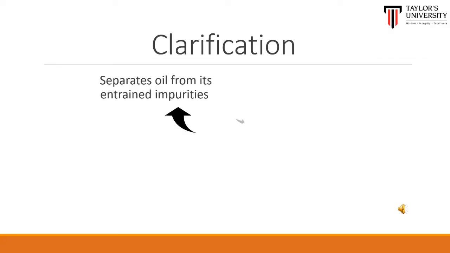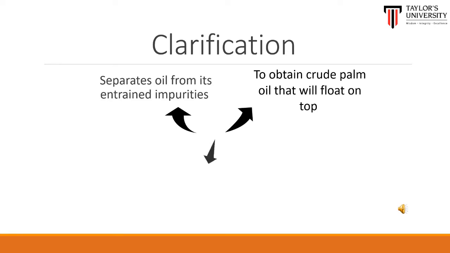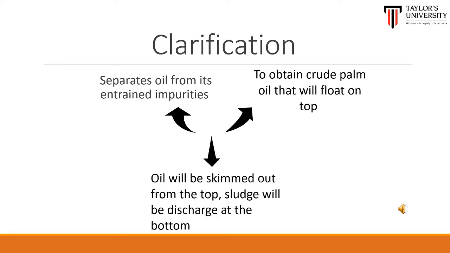Clarification is a process of reheating, stirring, and acetylene treatment. It helps to separate oils from its entrained impurities. Crude oil will first be transferred into the tank and allowed to stand undisturbed. Over a period of time, due to gravitational force, heavier impurities will settle down and crude oil will be on